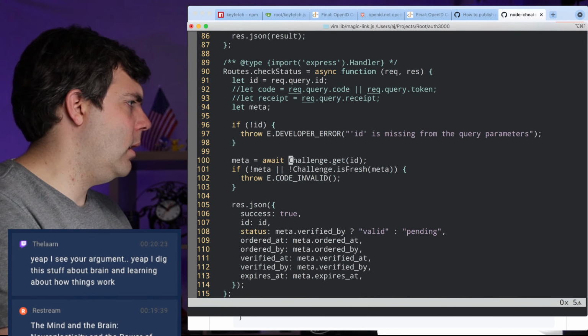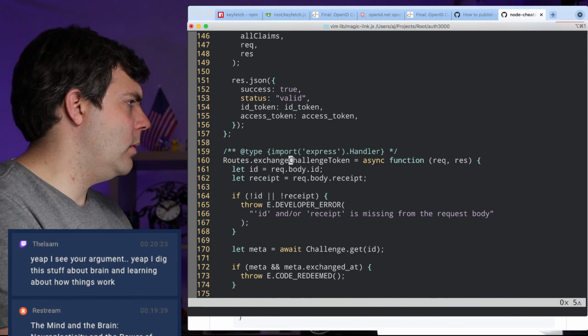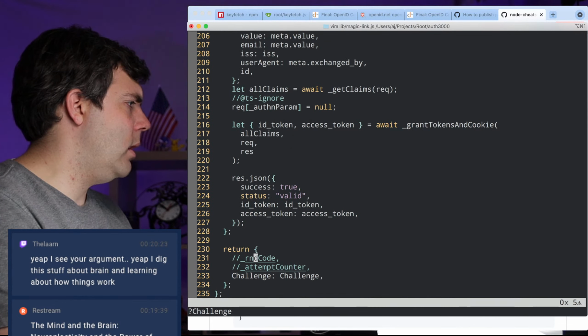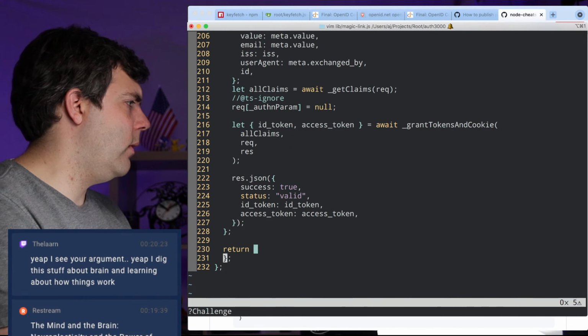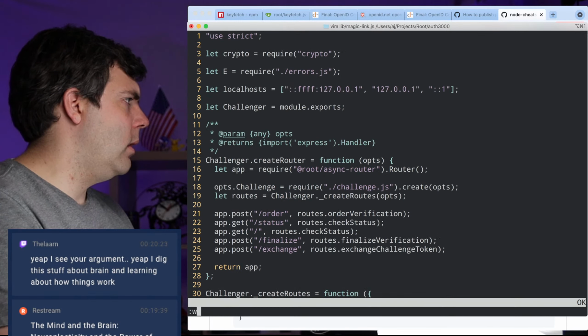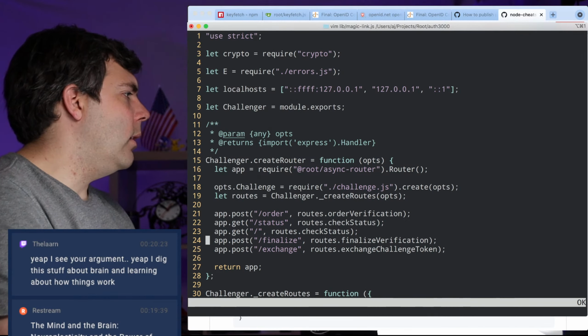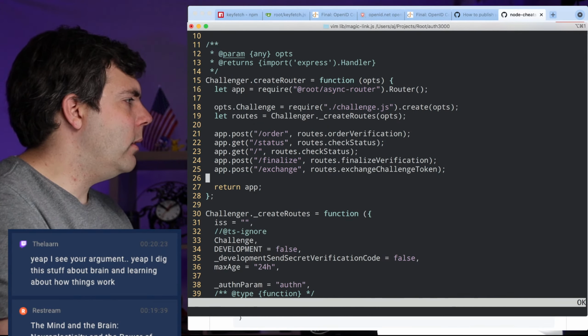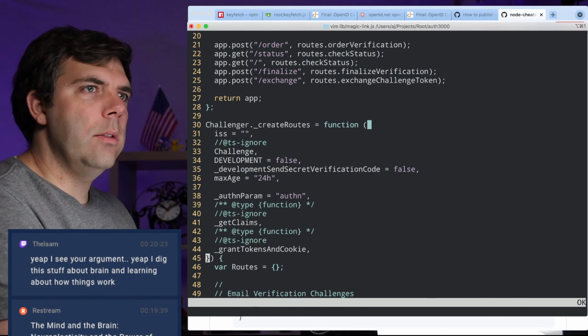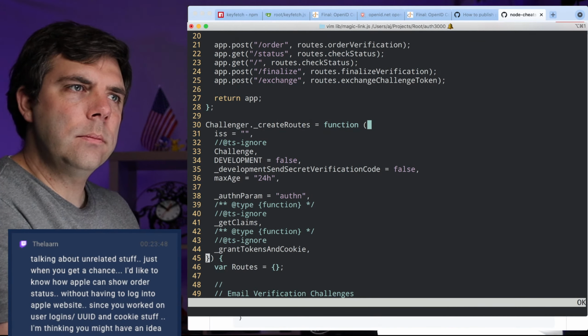So let's say, challenge, yeah, so all of this stuff we get rid of, and then we just return routes. Gosh, type linting is so awesome. I really need to create, that's one of the projects on my list, is create my type linter init so that I use it more often in more projects.